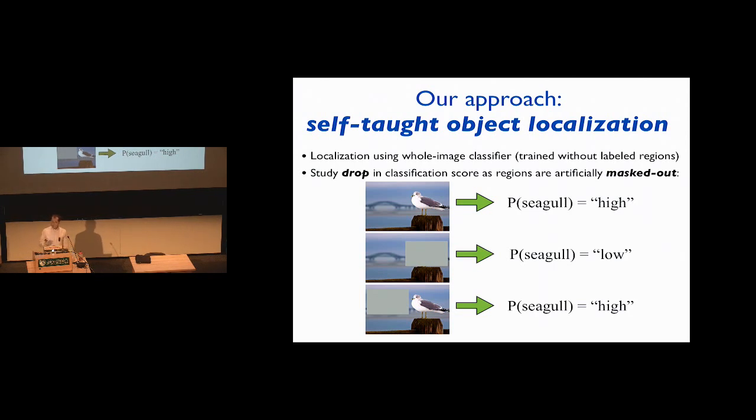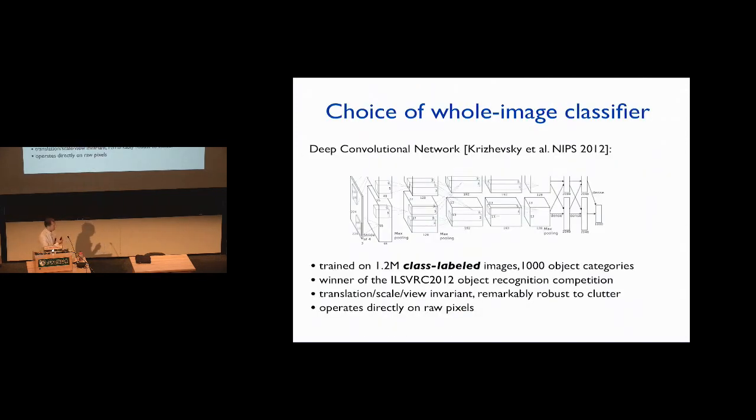So in a sense, we turn object localization into the problem of finding the region that causes the maximum drop in classification score when masked out. Obviously, a fundamental aspect in our approach is the choice of whole image classifier. For this project, we leveraged the high accuracy of a deep convolutional neural network, since these systems have been shown to be impressively robust to clutter and changes in scale and position of the object,